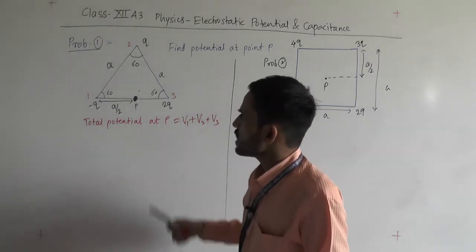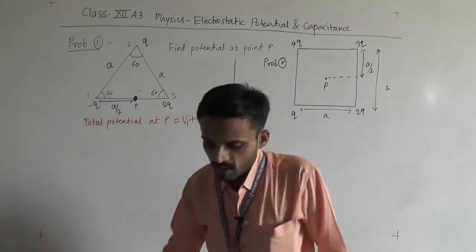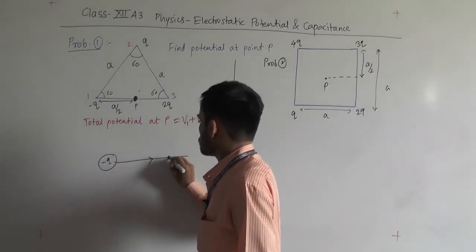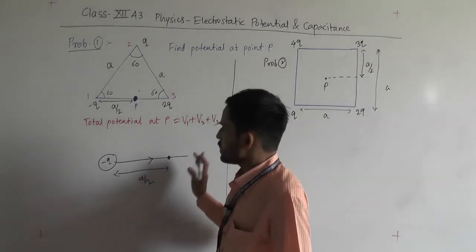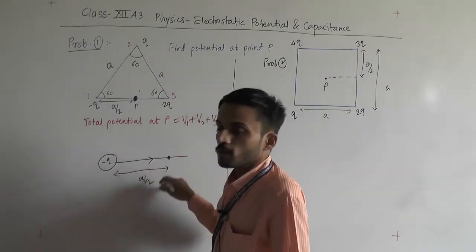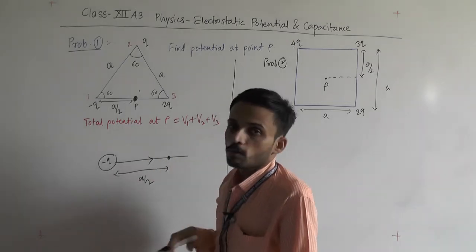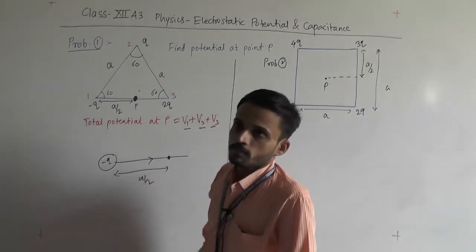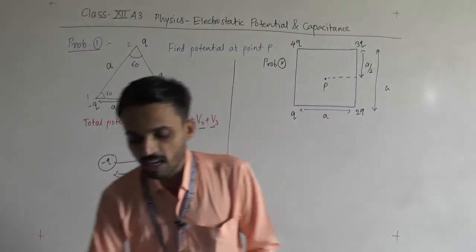Now you can calculate potential at any point. This is minus Q, so it will have its field line like this, and suppose P is at a distance A by 2. You know that the work done to move the charge from infinity to this point at distance A by 2, W upon Q, will be your potential KQ upon R. So you can write that, and you have to keep the plus or minus sign with it. So V1, V2, V3, with that plus and minus, you have to check what the value is.